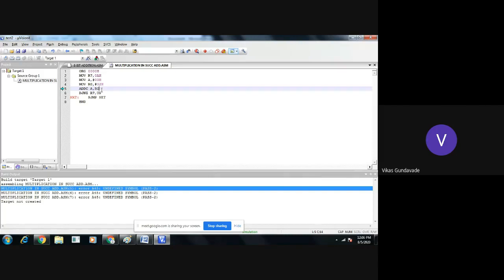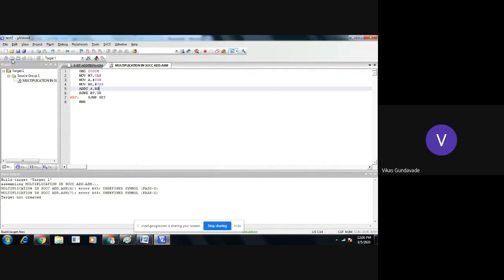Zero. Right, Riya. Here, instead of 0, we have written O, and that was the error. Most of the students make this type of mistake. Instead of 0, we write O, or instead of O, we write 0, and the error is shown. And still we get confused about whether the instruction is right. The instruction is correct, but it still shows an error, just because of silly mistakes. So here we have corrected that instruction.